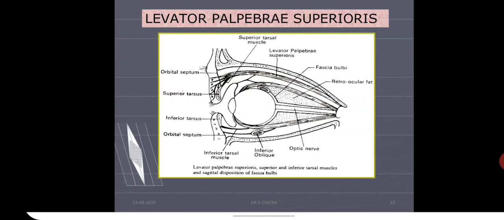Again, this is a good diagram for the levator palpebrae superioris. You can see it is the superficial muscle in the orbit, between the roof of the orbit and superior rectus muscle. If you see the insertion in the upper eyelid: one lamella is inserted into the skin of the upper eyelid. Middle lamella is inserted into the superior tarsal plate. Lower lamella is derived both from superior rectus and levator palpebrae superioris. You can observe the superior fornix of the conjunctiva where it is inserted. In this picture, try to observe the inferior tarsal muscle also.